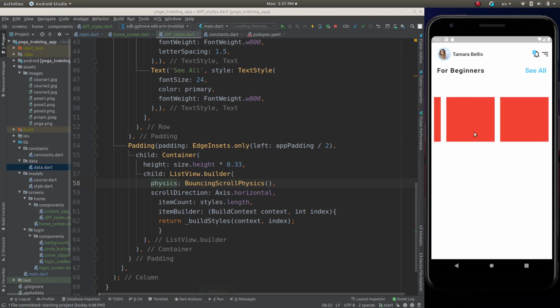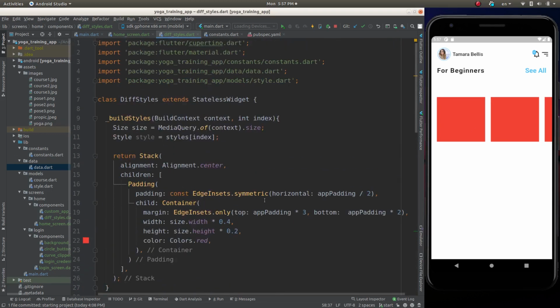This will give a bouncing effect. In iOS, it will already have this bouncing effect. For Android, it will not. To get the bouncing effect, have a bouncing scroll physics. Okay, now on the top,